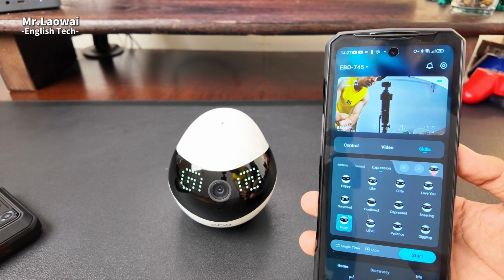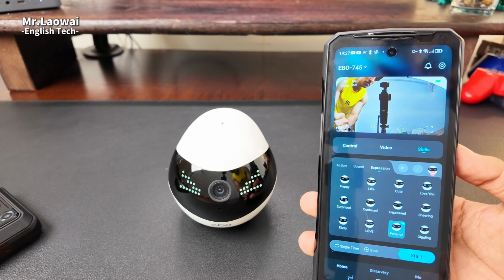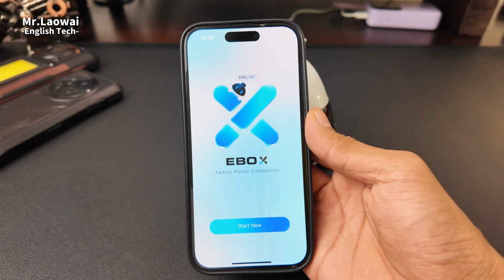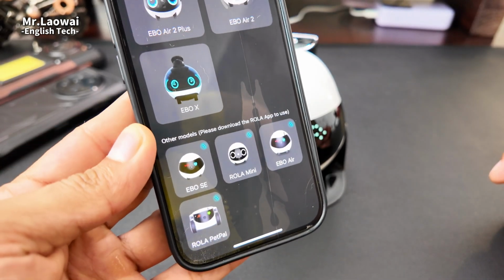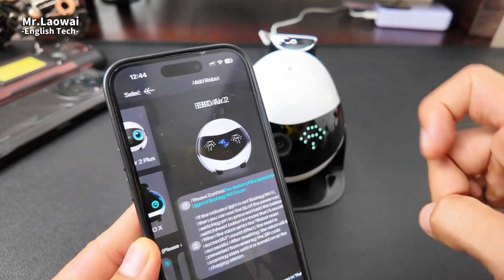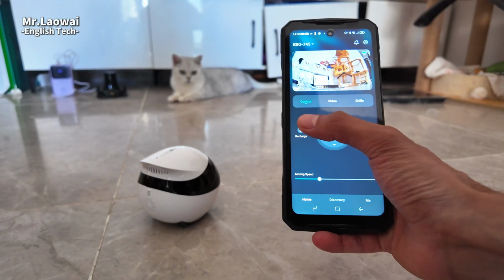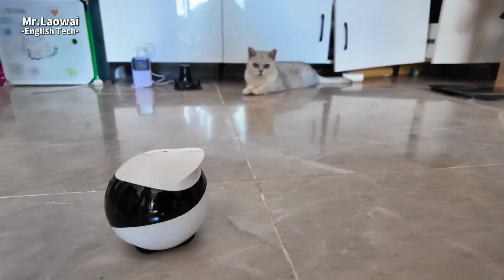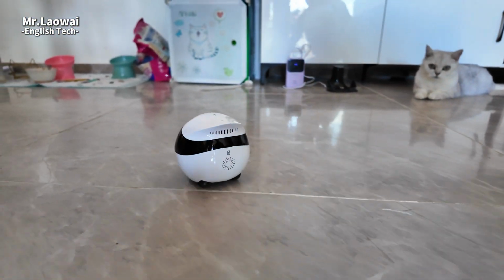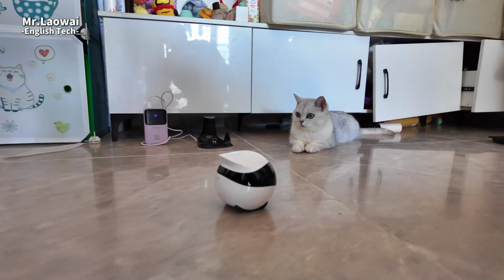But it is not a 100% AI robot which can roam around and play with your pets. No, you have to customize, you have to give a command, then it acts. So you can check your home in real time using the EBO app from anywhere. It records encrypted 2K video and supports night vision too. So you can set up patrol times and EBO will move around the house on its own, avoiding obstacles and